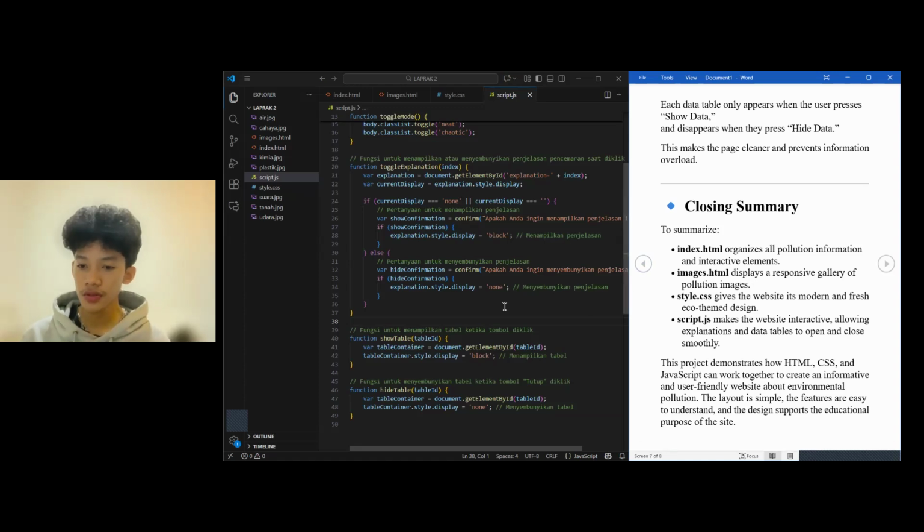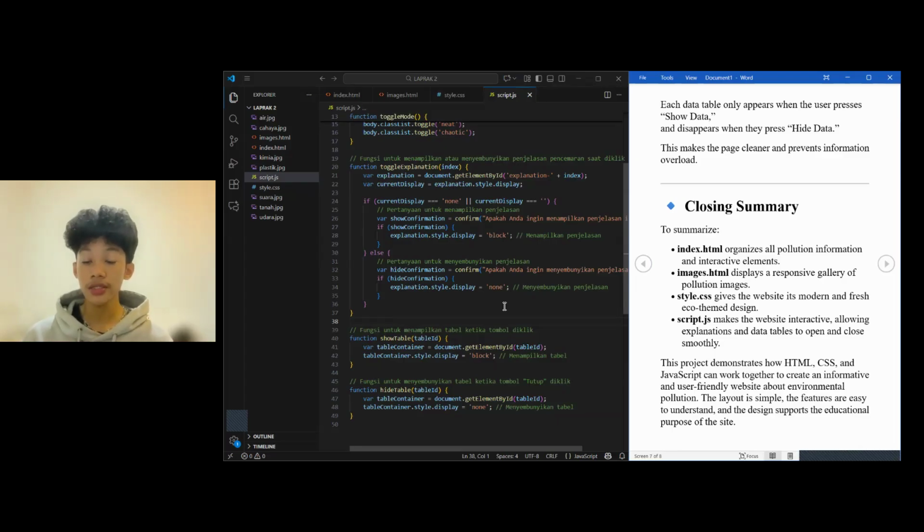And my closing summary. index.html organizes all pollution information and interactive elements. image.html displays a responsive gallery of pollution images. style.css gives the website a modern and fresh eco-themed design. script.js makes the website interactive, allowing explanations and data tables to open and close smoothly.